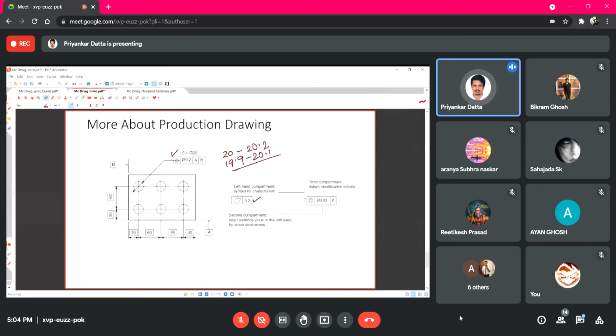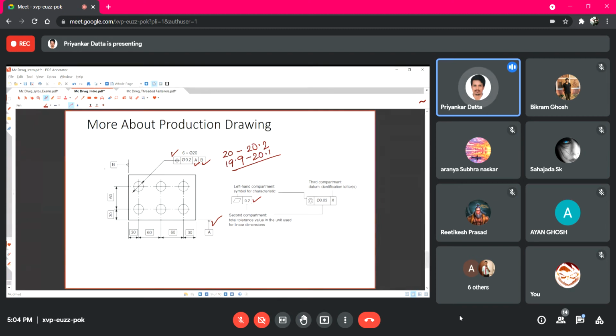Now, the next two boxes shown here are A and B. These are the datum or reference lines. From where we choose the datum or reference line is important. So this center position is defined here based on both A and B datum. This A datum is on the horizontal line of this block or component, and B datum is on the vertical line of this component.